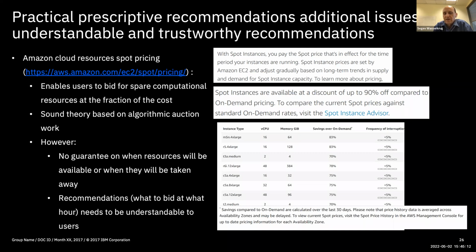I'm going to offer these prices. I'm going to offer these machines to you, right? You can pay much less, but because I want to maximize money, I'm going to run an auction. So you're going to offer to bid for machines at a particular hour, and if you win, you get those machines to run at much cheaper than if you have to pay upfront for that. If you lose, of course, you don't get anything.